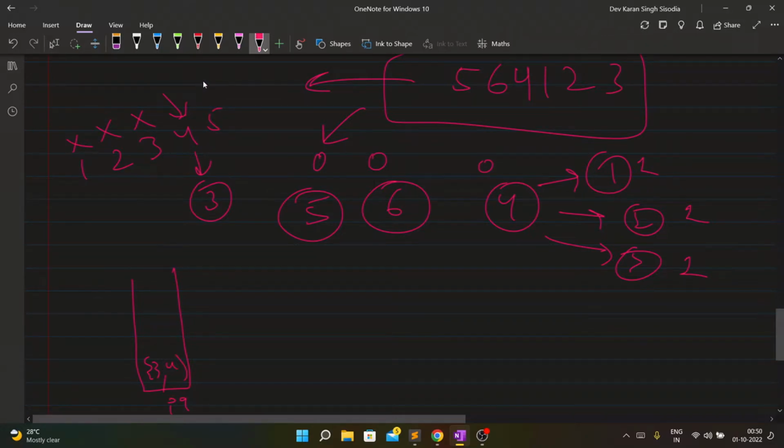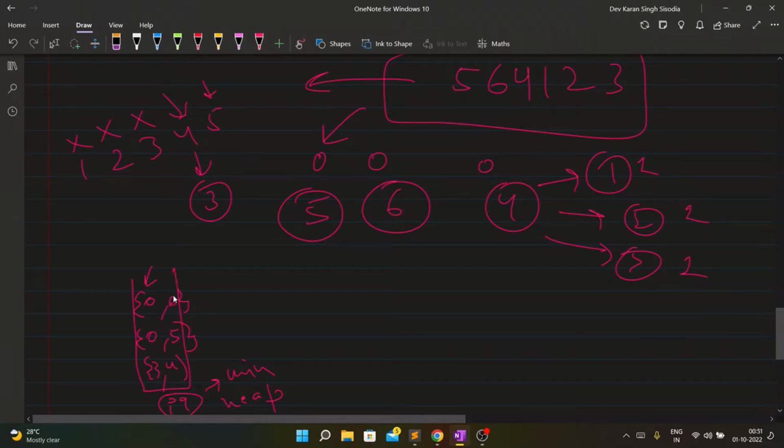Now I get to 5, which has 0 in degree, and it also has 0 adjacency size. Similar is the case for 6. Now if I somehow give higher priority to the lower adjacency size, then my work is done. If I maintain this PQ as a min heap, this is the order that will be maintained.